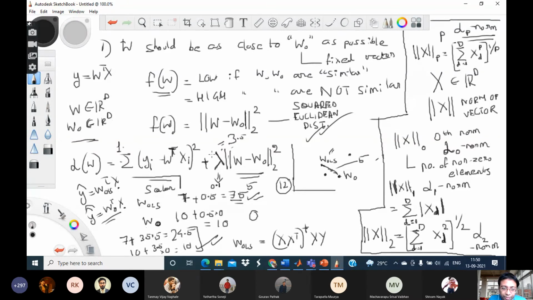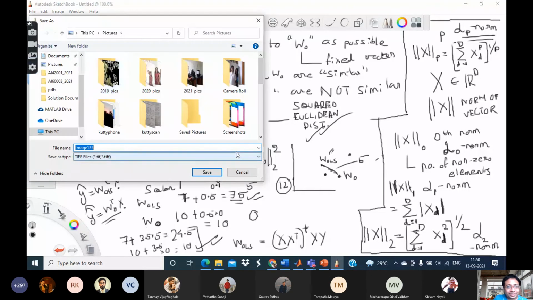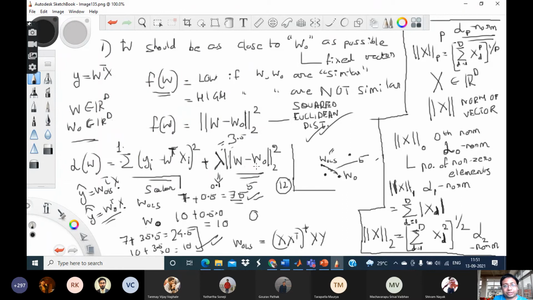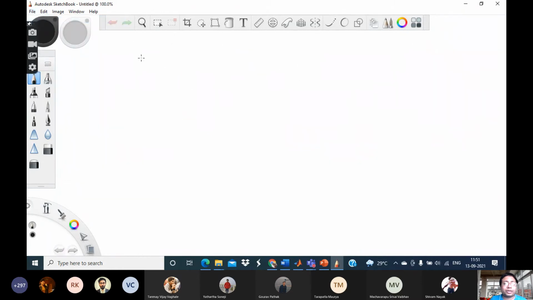But the important message here is that this lambda parameter basically allows you to make a balance between the empirical loss and the structural loss. That is a decision again that is in your hands: how much importance you want to give to these two losses. In some applications, it may happen that the empirical loss is very important to you. In some other applications, the structural loss may be important to you. So lambda basically balances the two losses.